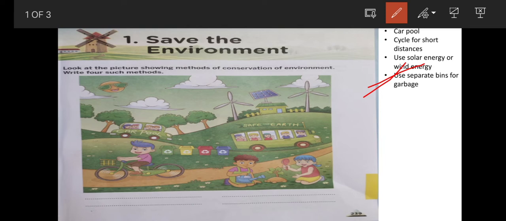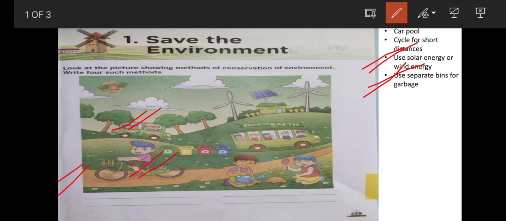So dear children, I hope you understood about this. From this given picture we have learned 4 methods to save the environment. The first one is carpool. The second one is we should use cycle to cover short distances instead of using vehicles, so that we can save the fossil fuels, or we can control the environment from being polluted. And the third one is we should use alternative source of energy, that is solar energy or wind energy, so that we can conserve